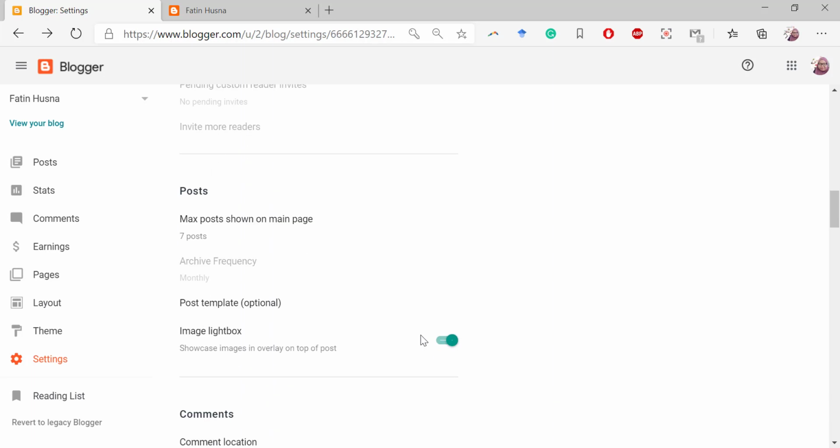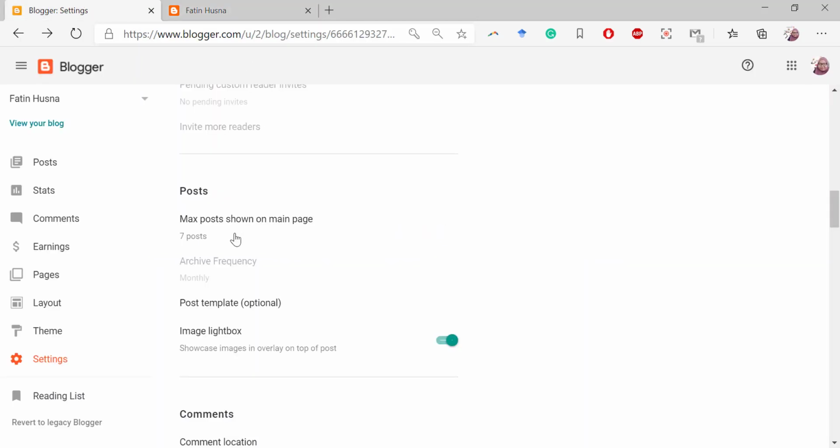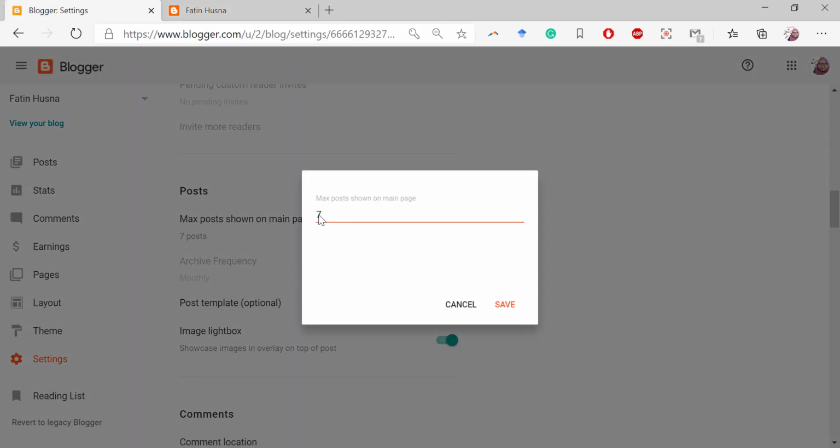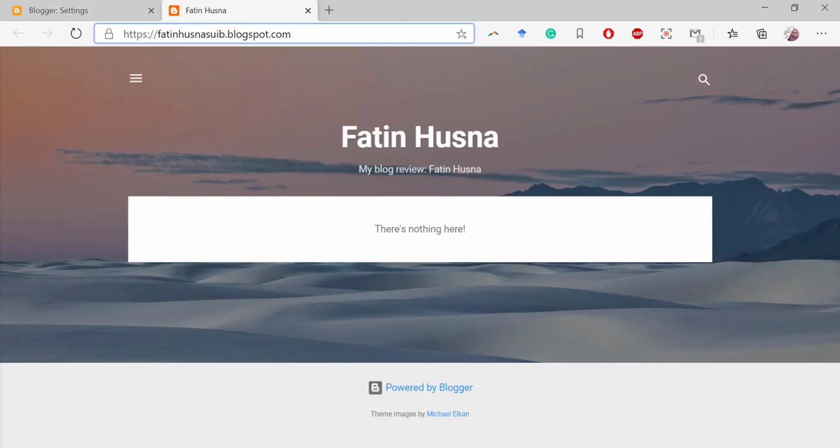Okay, maximum posts shown in main page. This one, for example, if you want to put more posts in one page, you can click here. If you want to do 10, for example, it will come out 10 when you are doing your posts. Okay, for example, one website, when people click on it, let me open my